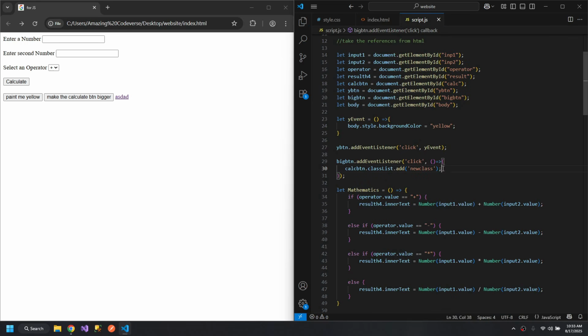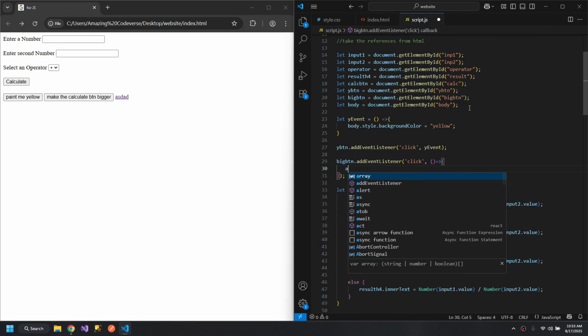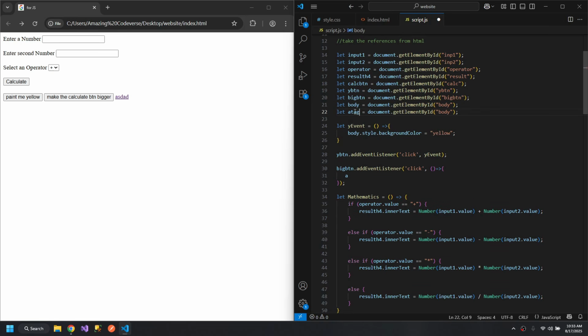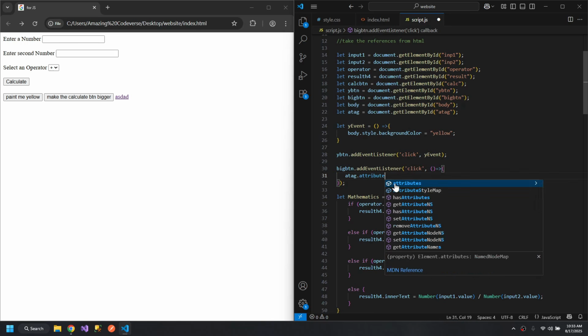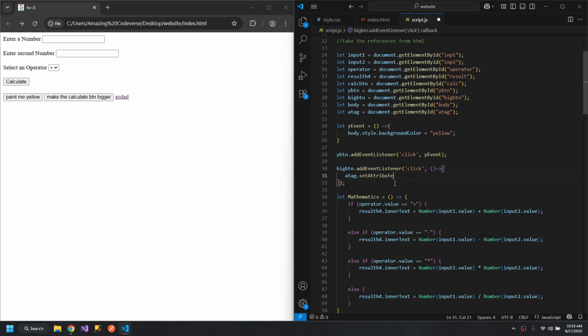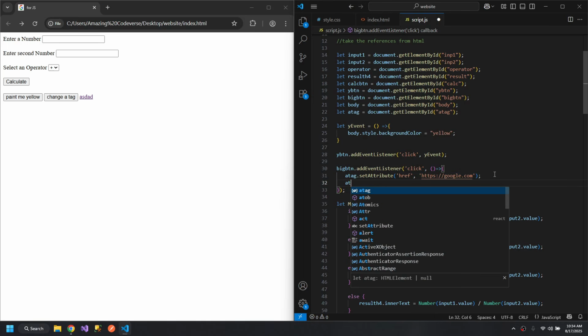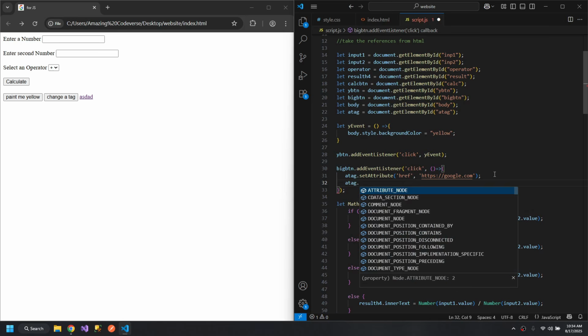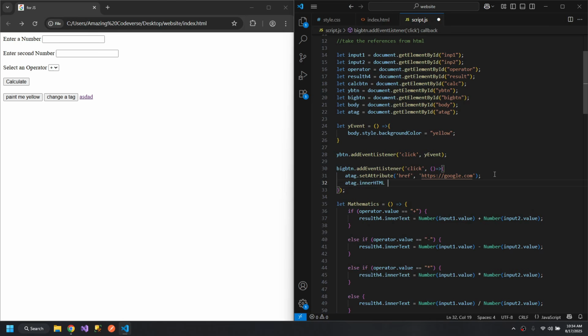We can access a tag here and change the href property using set attribute, the name of the attribute which is href, and then the value to https google.com. And let's also put a tag dot inner html to go to Google